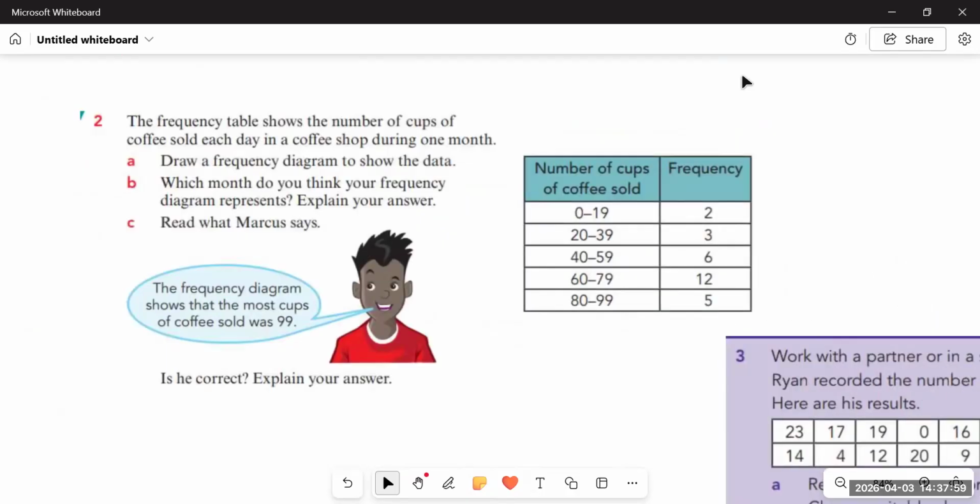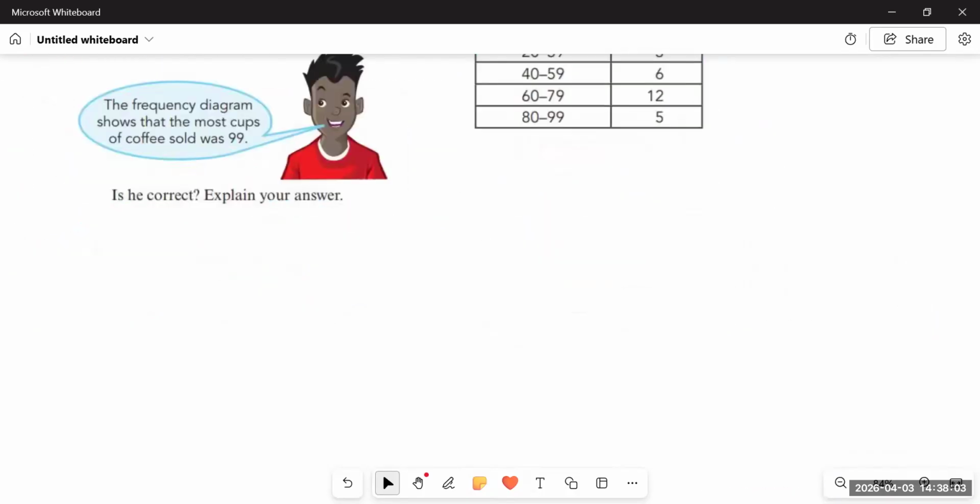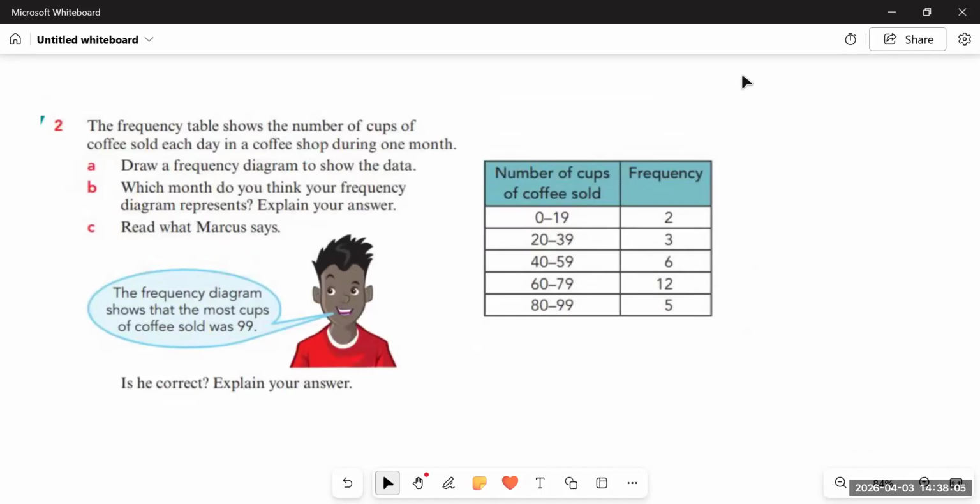Next, we have question number 2. Question number 2 says, the frequency table shows the number of cups of coffee sold each day in a coffee shop during 1 month. Draw a frequency diagram to show the data. Now we have to